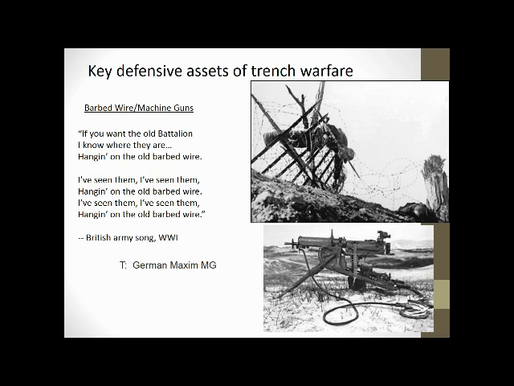The weapons that really made for the stalemate that becomes trench warfare on the Western Front, two of the most significant were the usage of barbed wire and, of course, also the machine gun. And below you see an example of a German Maxim gun, and this picture is one of the many machine guns that would have lined the trenches. And of course above you see an example of the effectiveness of barbed wire, and you see of course this